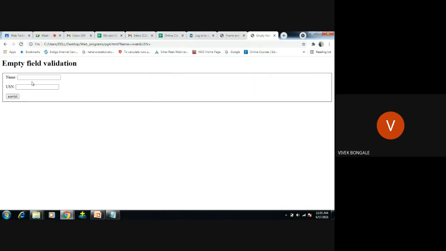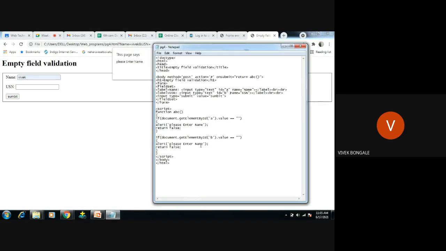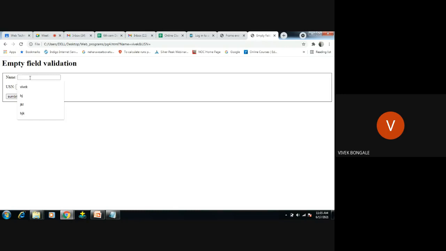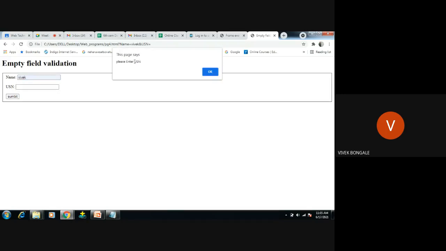Refresh. Now enter the value Vivek here, don't enter anything for USN, and submit. You can find "Please enter name" because I copied the same message. So change it to "Please enter the USN." Save, refresh. I gave the value here but no value for the USN number. Submit. You can find "Please enter USN."